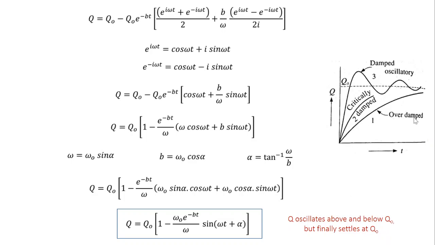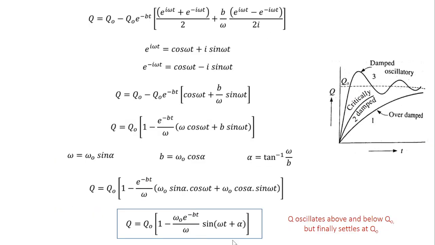So in the case of overdamped condition and critically damped condition, you do not have oscillation. This is just an exponential behavior like a CR circuit. Only in the case of underdamped condition, you have some sort of an oscillatory behavior. Also, if you look at this equation closely, how fast the oscillation is going to die down is determined by this exponential factor, where B is the damping factor. If the damping is more in the system, the oscillation exists only for a very short time. If the damping is less, then you have oscillation for sufficiently more time. So that's the physical meaning of this equation.